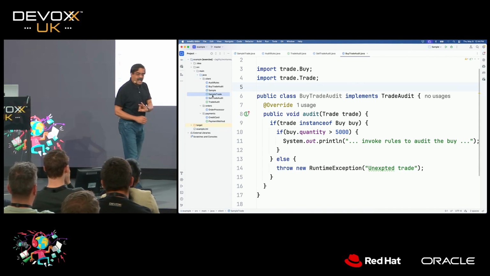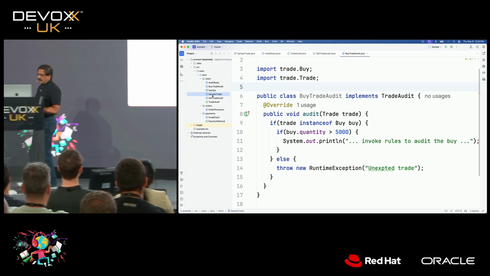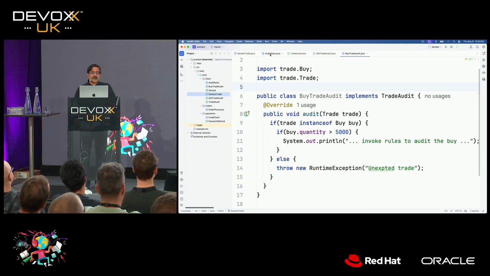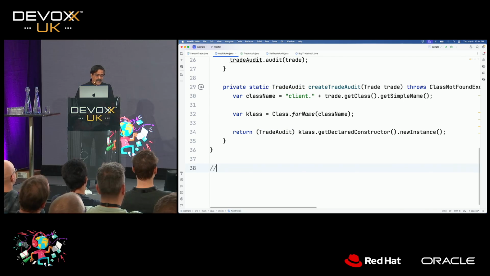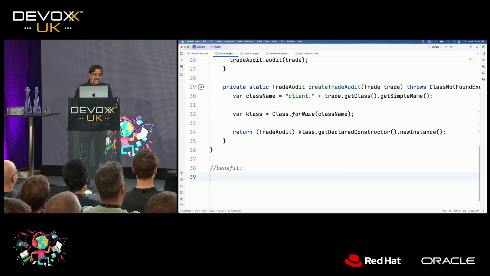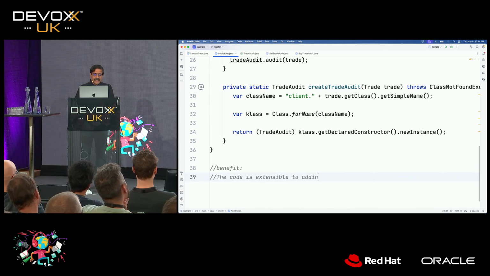The disadvantages, right? Let's start listing them a little bit. So what is the benefit? What are the pros and cons is the question we want to ask. So the benefit right now is, you could say the code is extensible to adding a new type of trade.